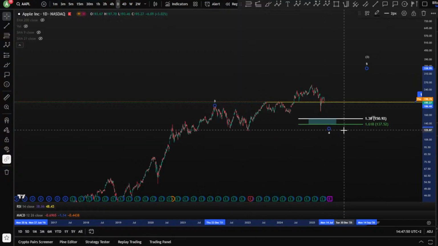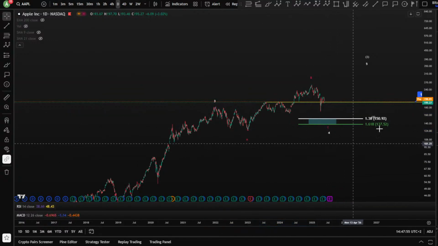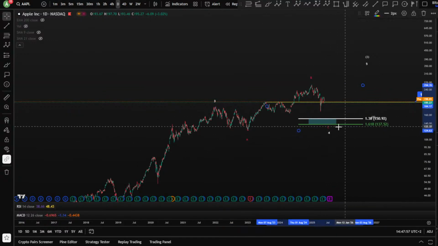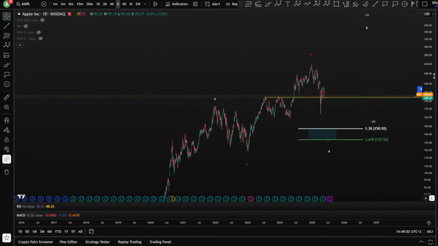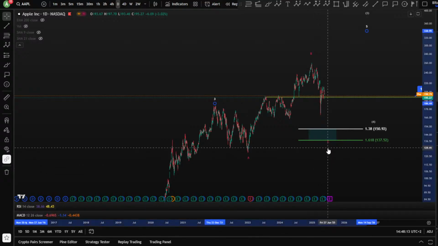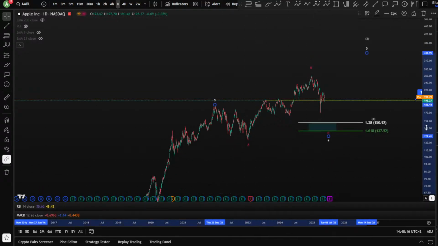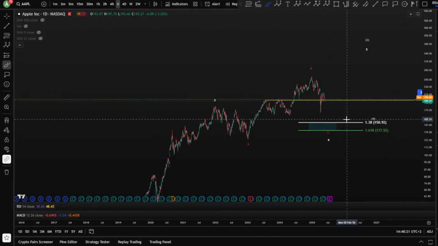We're looking to extend this wave 4 as an A, B, and a C. I was looking for this scenario, by the way, before, and here we go. The targets are still there. This blue box is still there, and there is a very big potential that we drop to 150 and 137 in Apple. Once we are there, we take it from there. So that was it for today, guys.